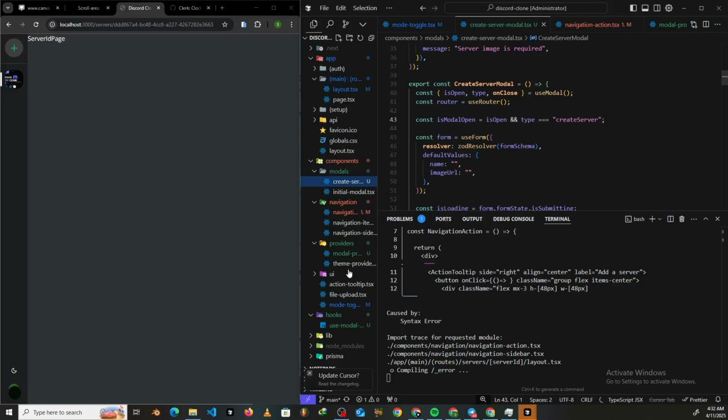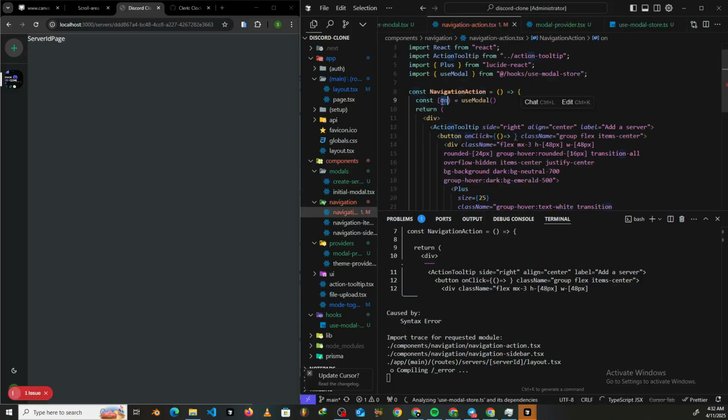We'll come back here and we'll import that like this, on open, just like that. And then over here we'll just say on open. Okay, looks like my VS Code is being a little slow. So yeah, on open, just like that, you open it up and you just pass in create server, just like that. Alright,